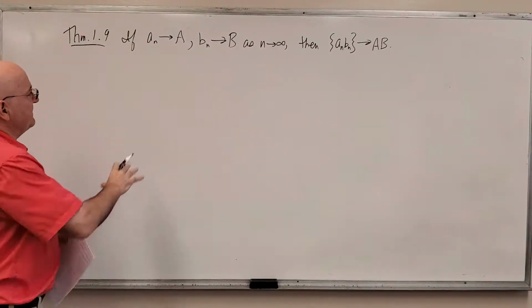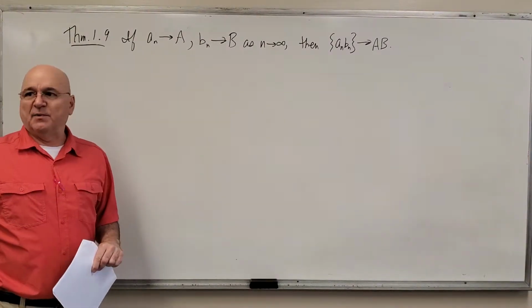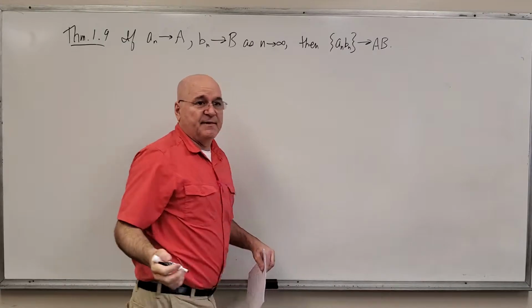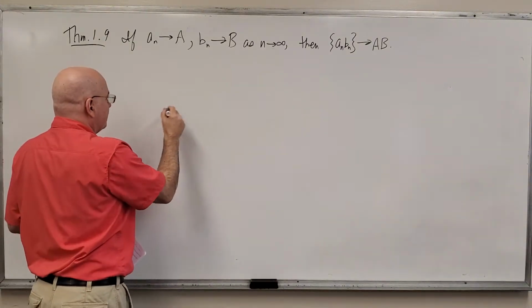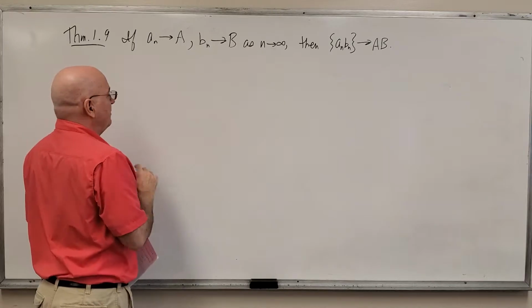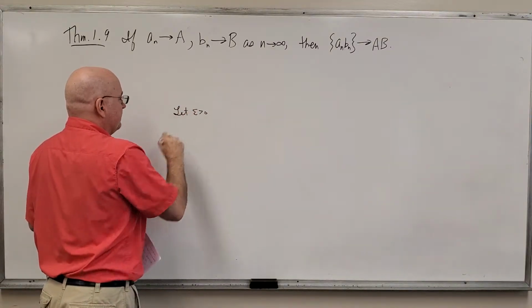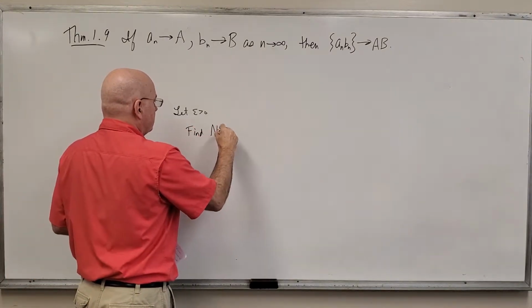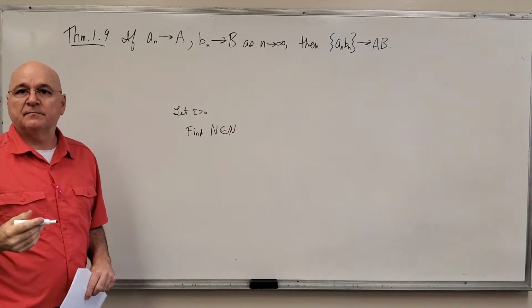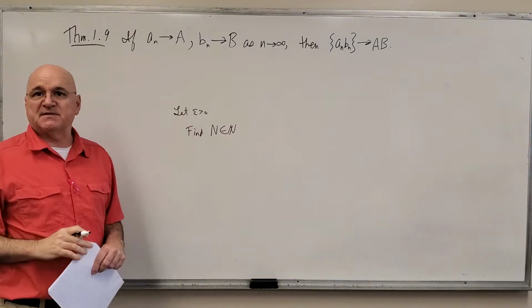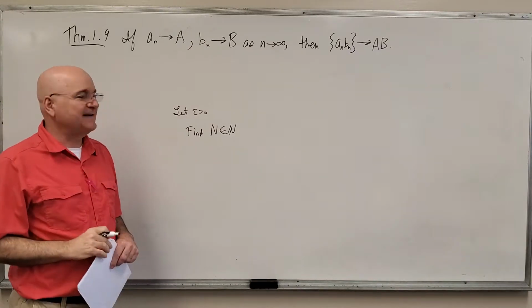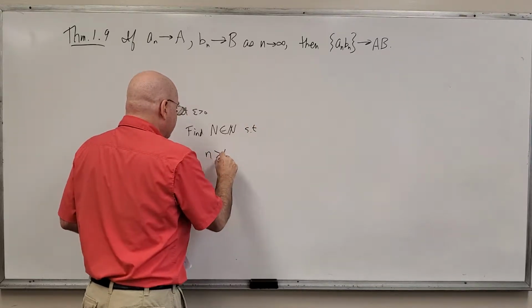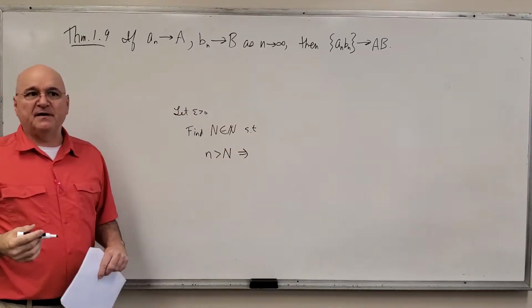All right, now something I'm going to write down temporarily is, let's just think ahead to what this proof has to look like. We're trying to prove that a sequence converges to its limit. So at some point, we're going to say, and I'm going to erase this in a minute, you don't have to write it down if you don't want to, we're going to have an epsilon bigger than 0. We have to find a capital N, and it might be a function of epsilon. It may have epsilon as part of it. We have to find the N such that when n, little n, is bigger than the capital N,